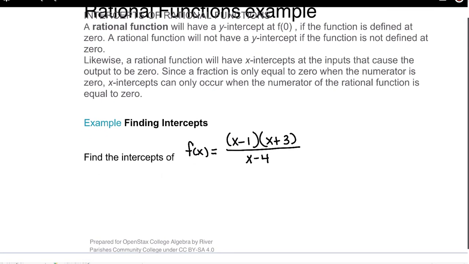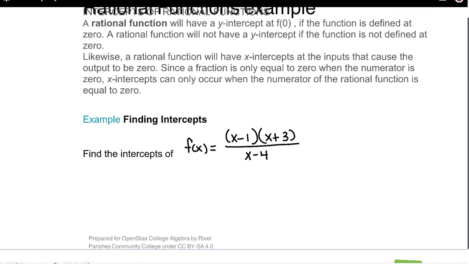Okay, so let's talk about intercepts. To find intercepts, it's mostly the same. To find the y-intercept, you set the x's equal to 0 and you solve. To find the x-intercept, you also set the y equal to 0, and then you solve